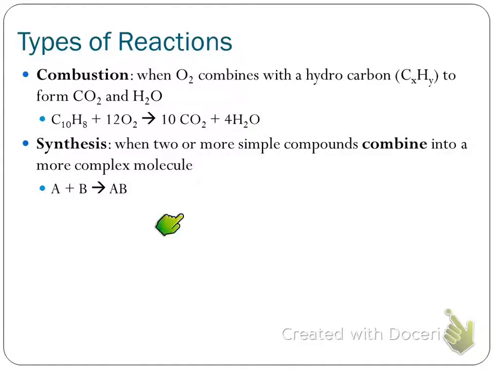Okay, and so this is the very base formula for a synthesis reaction. Some compound A plus compound B forms compound AB, right? It's a combination of A and B. Okay, so that's the base formula for a synthesis reaction. And then I gave you just an example. Okay, iron plus sulfide yields iron sulfide. Okay, really riveting stuff here. Okay, so synthesis means to make. So when we see two simple compounds making a more complex compound, that should make you think of a synthesis